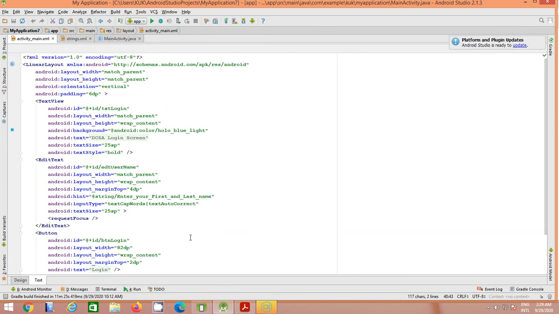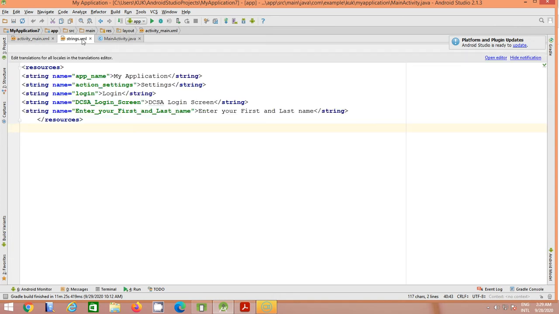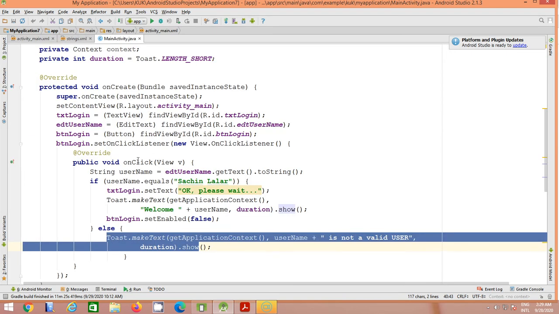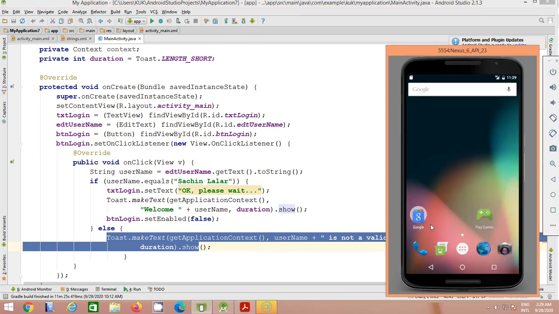We are simply using XML, the string.xml, and the Java file. Okay, so now we want to execute our application. For execution I just start my application.